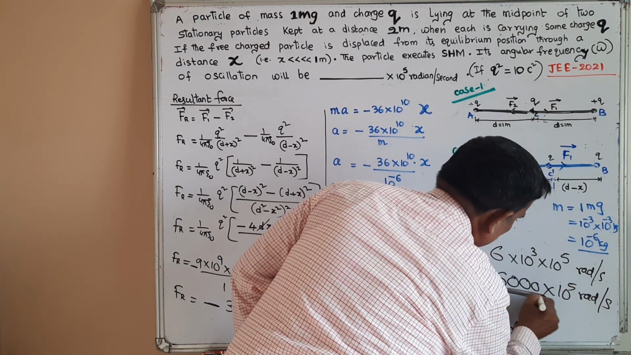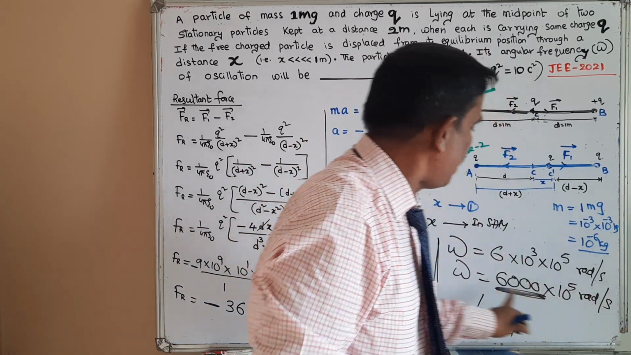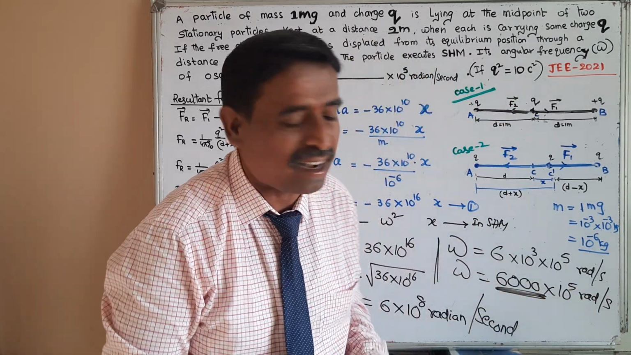They are asking what is this value. This is given. Now this value is 6000. Omega means